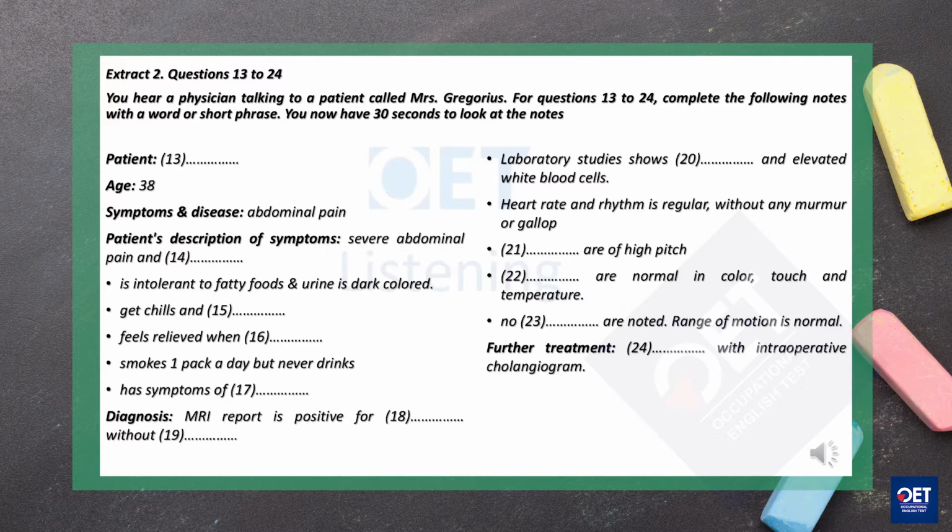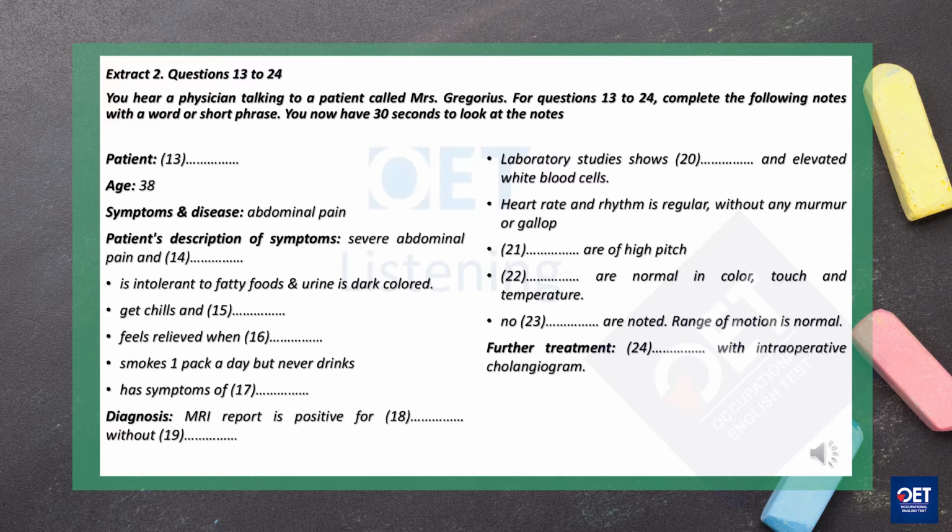How long have you been suffering with these problems? For the past 3 months, doctor. Have you had any surgery before or any diseases? No, doctor. Are you taking any medications? No, doctor. Are you allergic to any medicine? No. Do you smoke or drink? I do smoke 1 pack a day, but I never drink. Do any of your family members have a history of any diseases? No, doctor. Tell me something about your family background. I am married and living with my husband and 2 children.